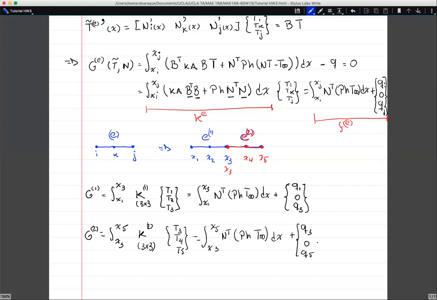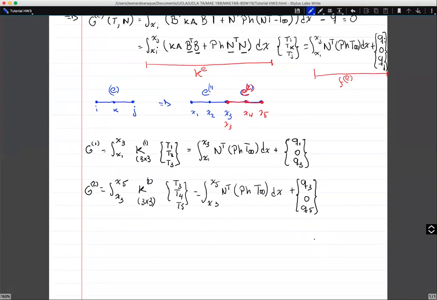And the fourth vector for the second element contains a term with the boundary conditions, whose components are Q3, 0, and Q5. All right. Okay, so it means that